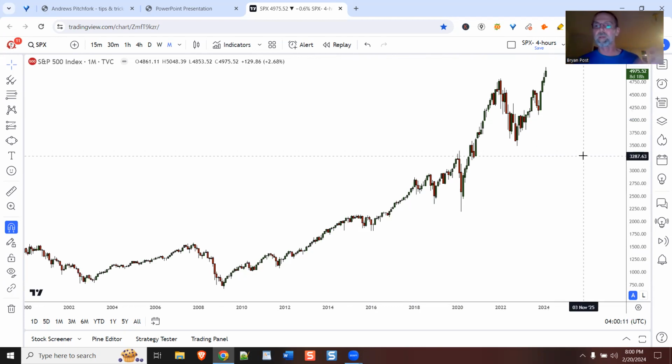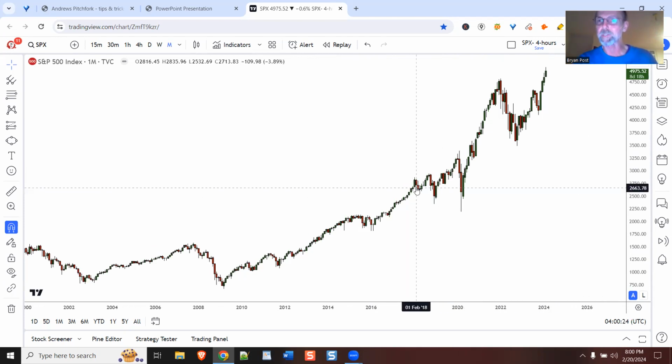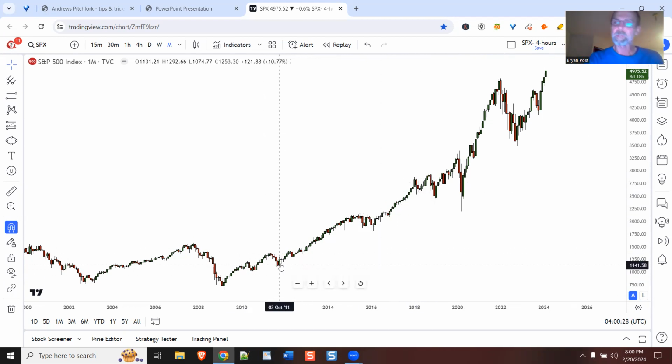That's probably the most technically correct generic way to refer to these moves. They're counter trend moves that are significant. They're not these little bitty pullbacks. You can draw forks